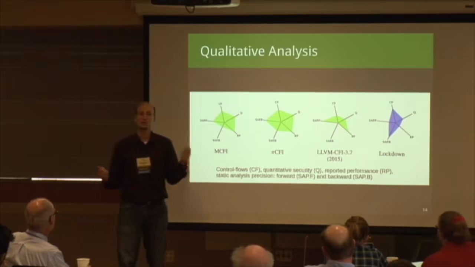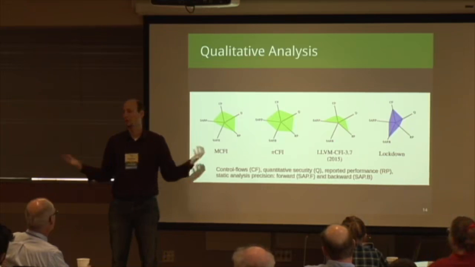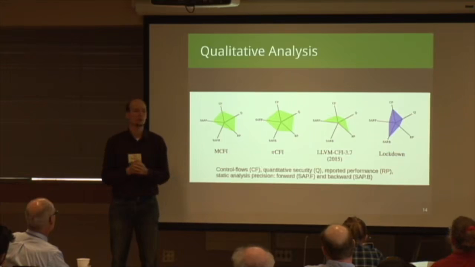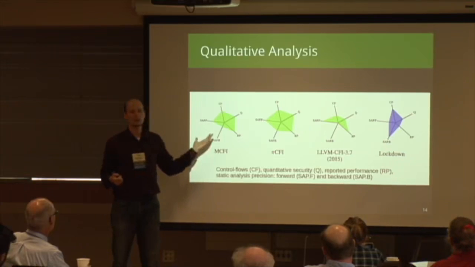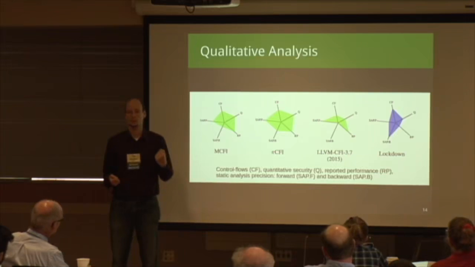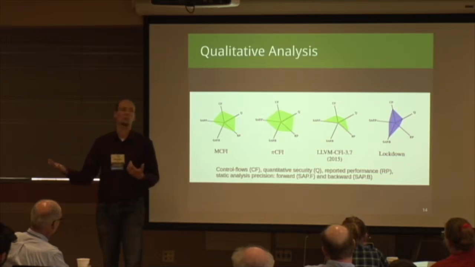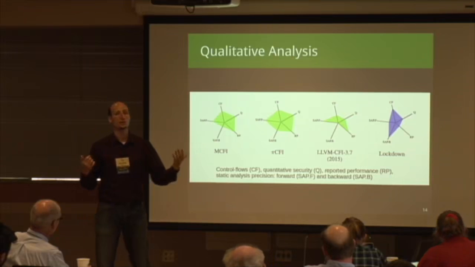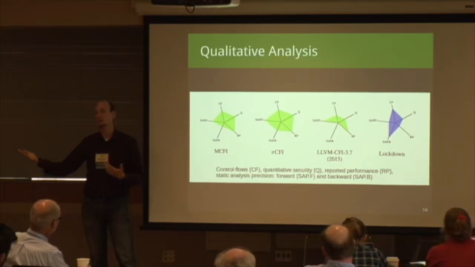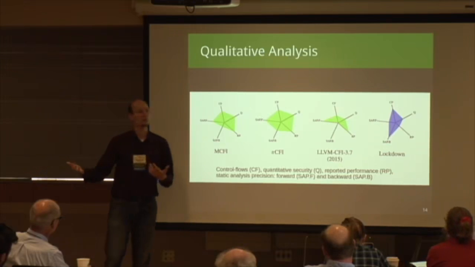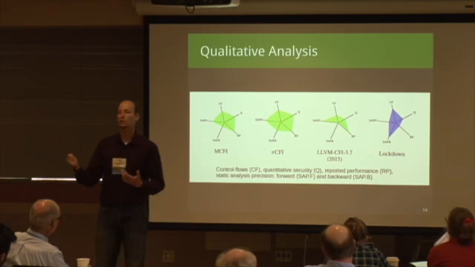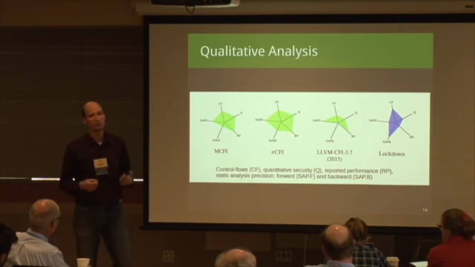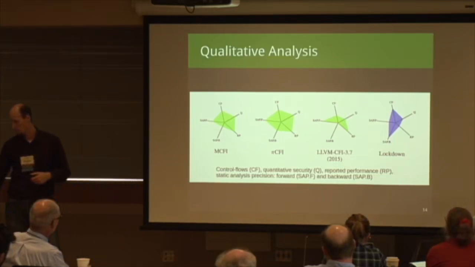Most of these papers focused heavily on performance. And in the end, all of these papers have similar, comparable performance. What we would like to know is what kind of security guarantees it gives you. Only if we know both the security guarantees and the performance overhead can we assess if it is actually worthwhile to deploy these defenses. So we have to know both factors, performance overhead and security guarantees. Because maybe in a higher security or more sensitive environment, you're willing to pay more overhead cost compared to a low security environment. So you have to distinguish between those.